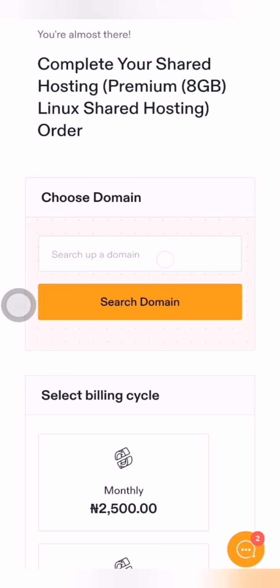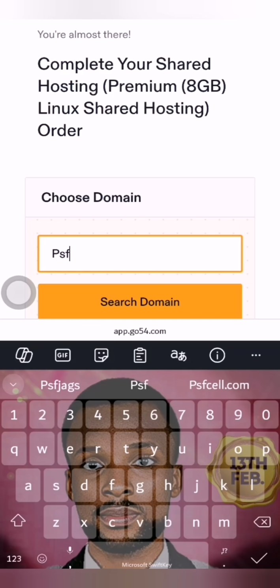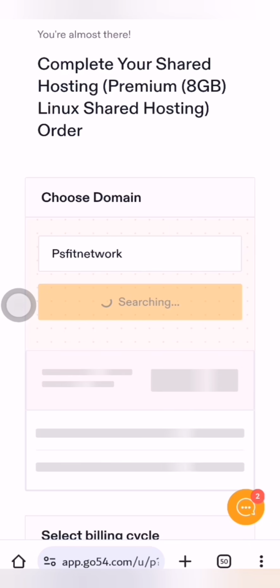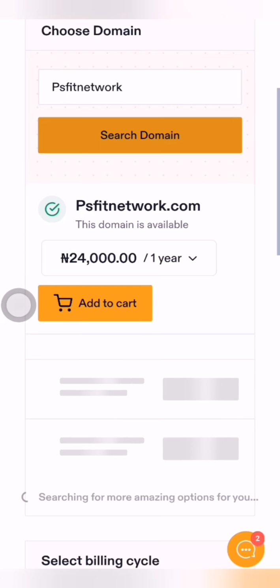So here you search for your domain. Let's say we're still using our PSF IT network. And we search for a domain. It's going to be free because we've never purchased it anywhere. So here you have it for .com. Say for a year you'll be paying 24,000 naira for it. Other options are going to come out down here, .org, .com.ng,